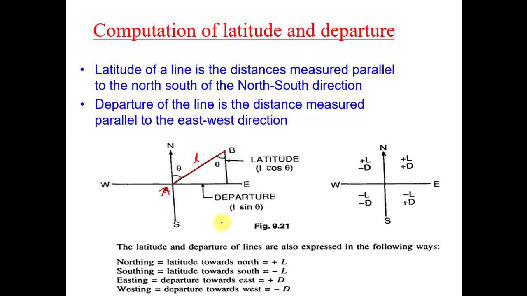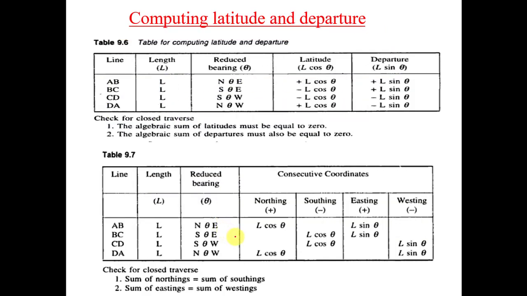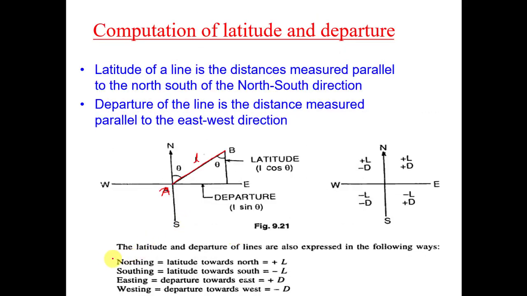So this can be positive or negative. For northing condition we will take positive, for southing condition we take negative, and similarly the east direction is the positive direction of the x-axis, and west direction is taken as the negative direction of the x-axis. So with the help of the coordinate system as well as the graph system, we can relate this departure and latitude. But please note that latitude occurs in your y direction and departure occurs in your x direction, for simplicity.